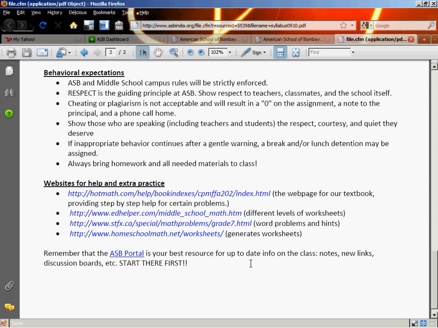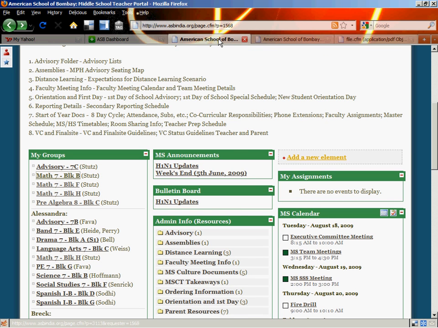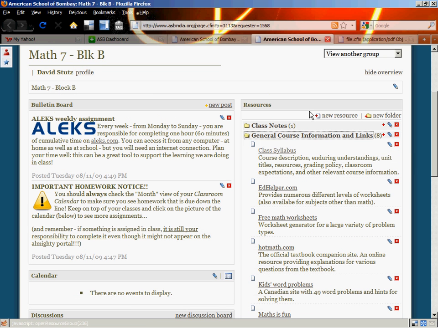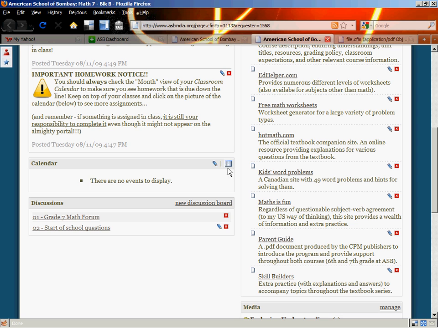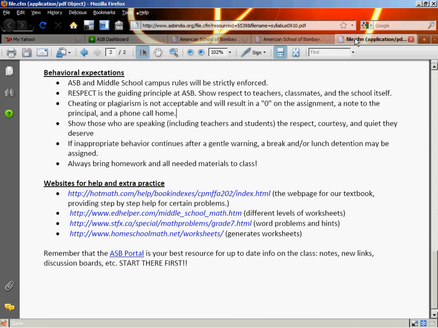But of course, the best resource for up-to-date info on the class is the ASB portal. That's where you should go to check on all of your assignments, to check what's going on, to see notes, to find out what's happening in class, to remind you about assignments. And once those assignments are given to you, there is a class calendar where the events and assignments will be